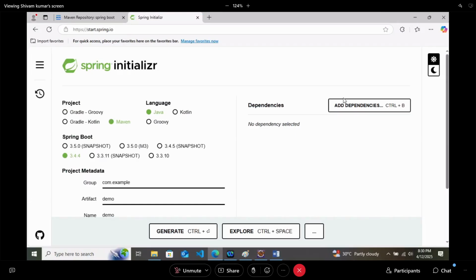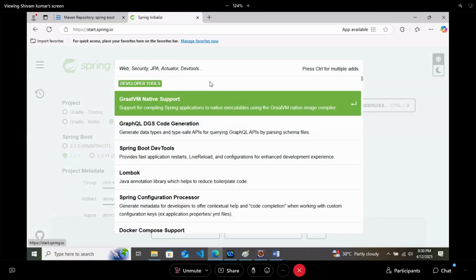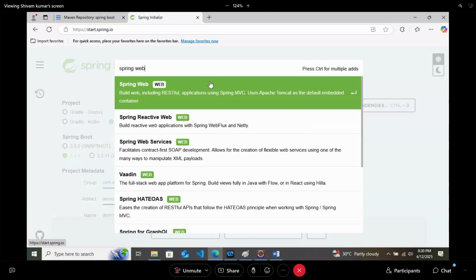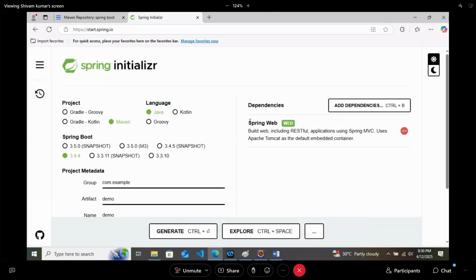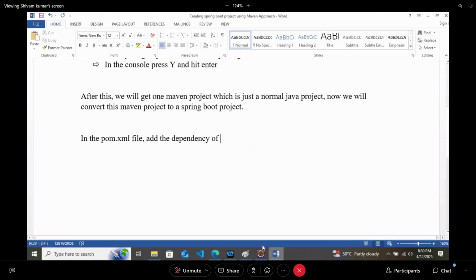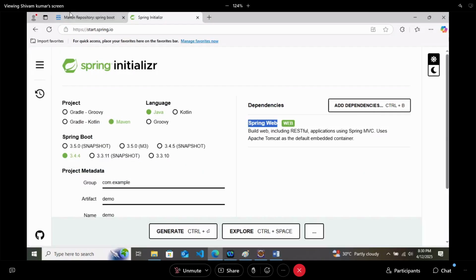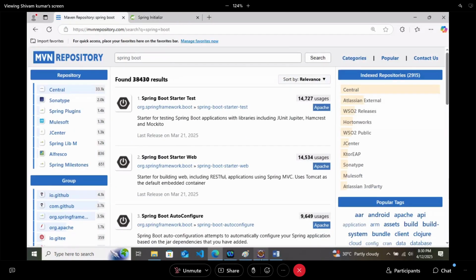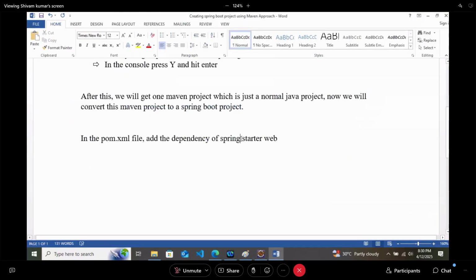So in this, which dependency were we using? Spring Web, like this. So there also you have to add the dependency of Spring Boot Starter Web. Now you can search this, or the complete name I should write: Spring Boot Starter Web.